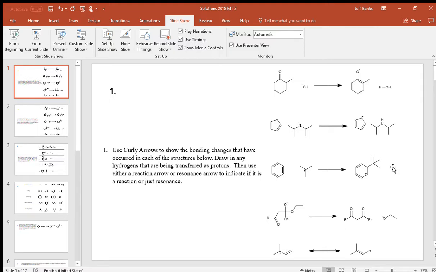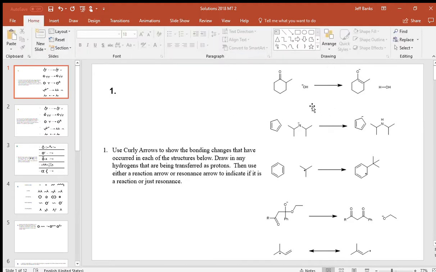So the first question is just an arrow pushing question. Now, one of the things that's helpful in these questions is that we know what the bonding changes are, and all we have to do is figure out what caused the curly arrows to change. So, what do we do? Well, one of the things, if we look at this first one, we can see that we